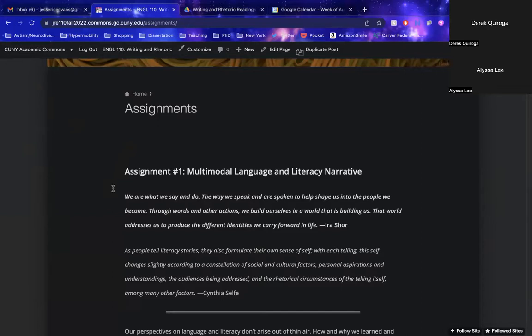So this class might be a little bit different from past English classes that you've taken. We're not going to be reading literature like old dead dudes' books. Those can be really great and fun, but that's not what this class is about. This class is really focused on writing and you developing some skills as writers. We're going to learn about rhetoric, which is really exciting. It's the art of persuasion.